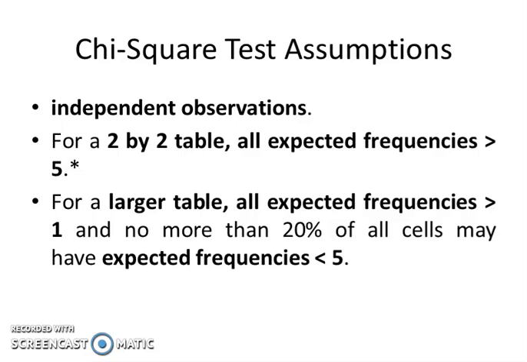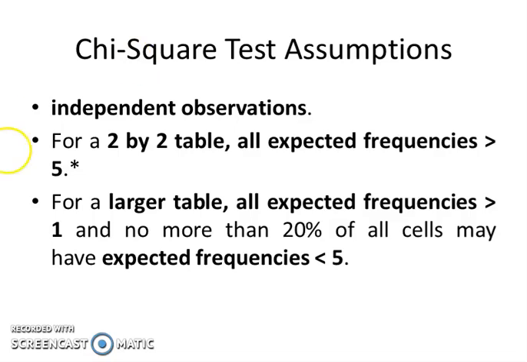So there are two categorical variables. The first categorical variable is gender. Gender has two categories, male or female. Similarly, the second categorical variable is bank default. It is also a categorical variable which has two categories, whether someone is a defaulter or a non-defaulter. So it is a 2 by 2 situation. In case you are dealing with a 2 by 2 situation, the assumption is every cell of that 2 by 2 table should have a minimum expected frequency of 5. That means every cell should have 5 observations.